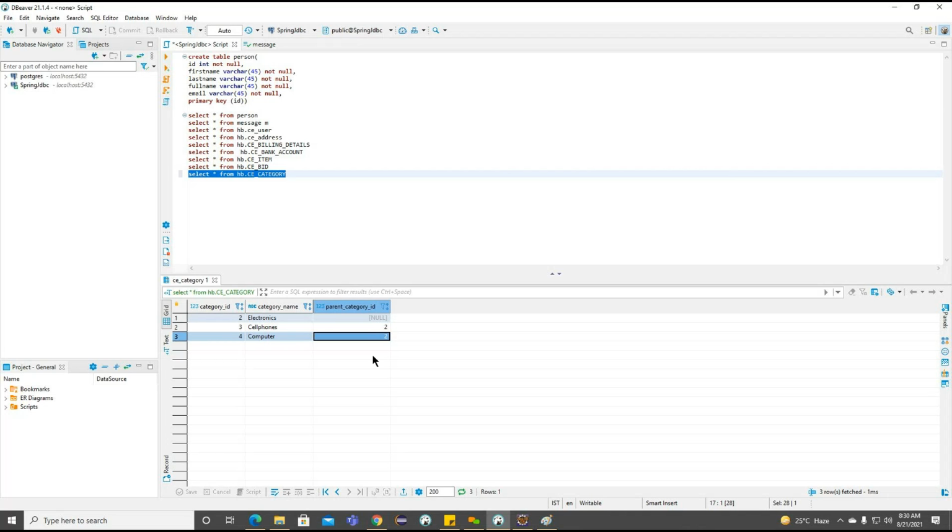So this is very important. We need to understand the joins here. All the categories we are storing inside the same table only, but with the help of parent and child. Whenever we are trying to load the computer, we can identify what the parent category is. The parent category we are having is electronics here.